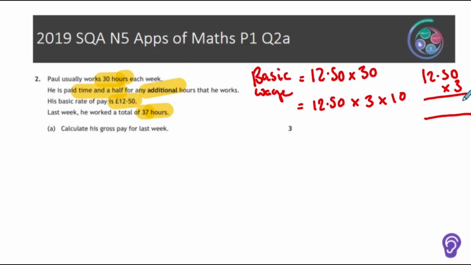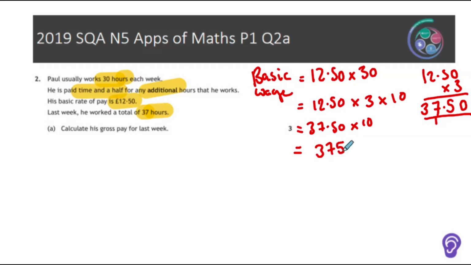So 3 times 0 gives me 0, 3 5s give me 15, carry my 1, 3 2s are 6, add on my 1 is 7, and then 3 times 1 is 3, and my decimal place will go here. So I've got £37.50, and then I'm multiplying that by 10. So you can think of shifting your place value of your number, or if you prefer to think of moving the decimal place, we can move that one place to the right. So I've got 37.5